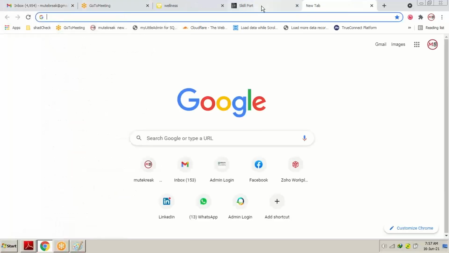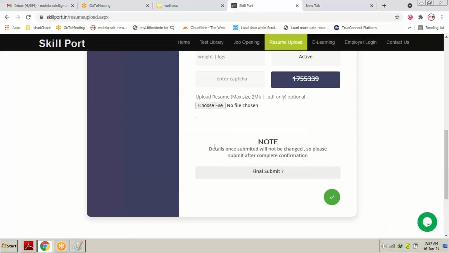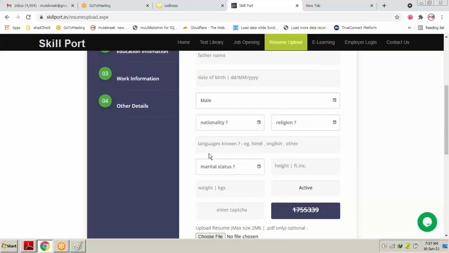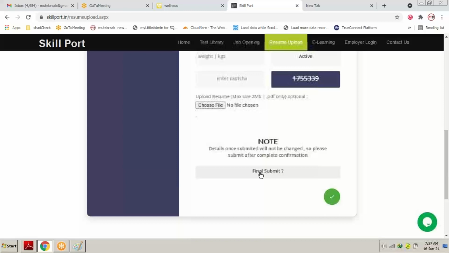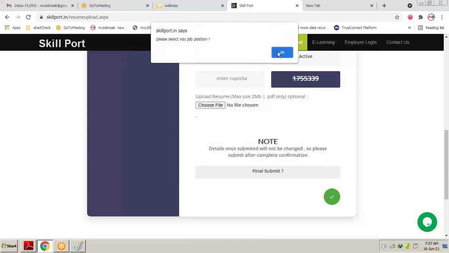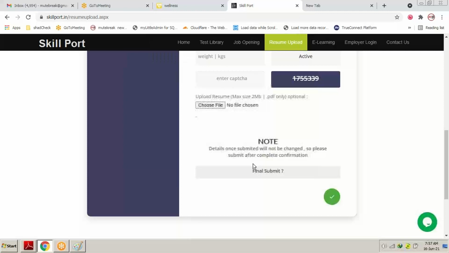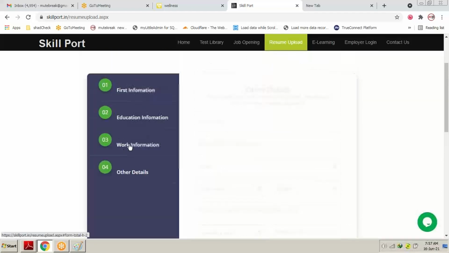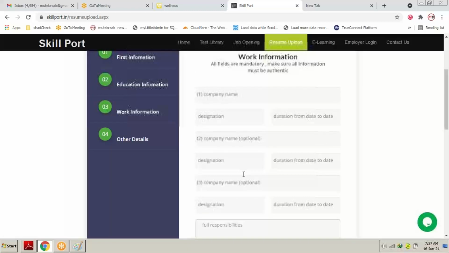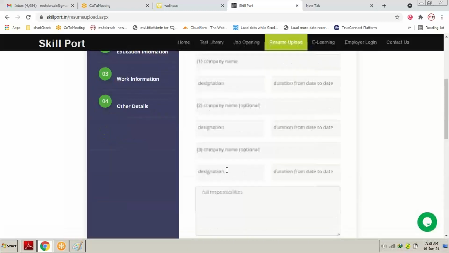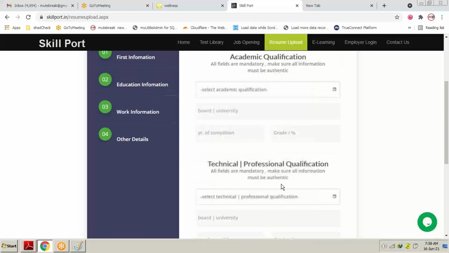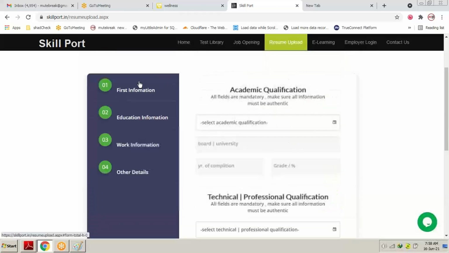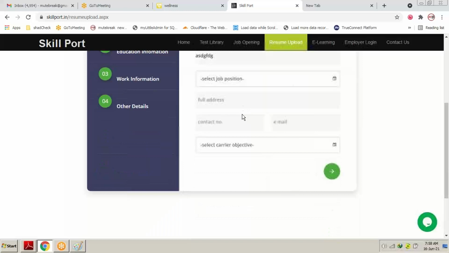Now I will proceed to the server side. What happens if I fill all the fields and then press the submit button? The data I have inserted in every text box, such as nationality, father name, working experience, company name, designations, training, education information, the job detail, contact number, email, and everything.